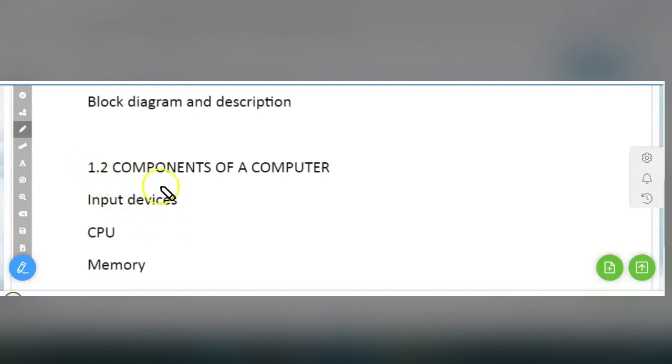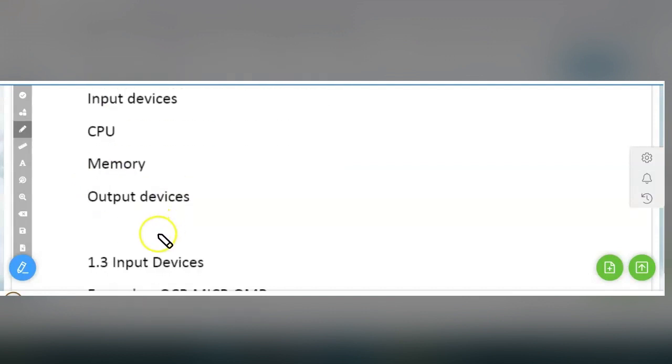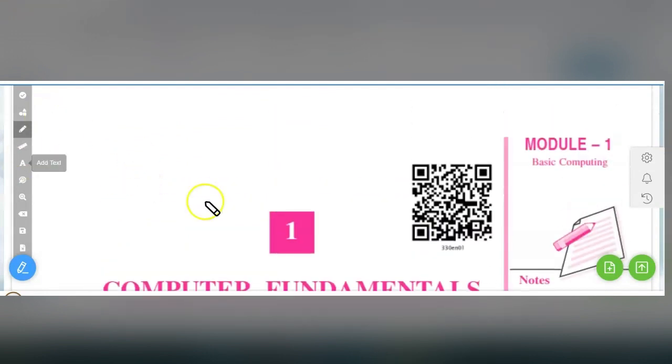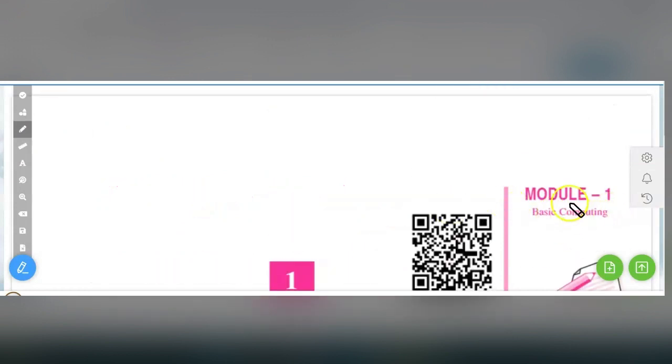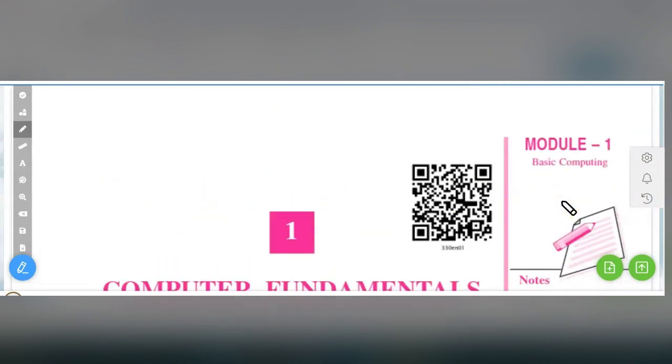1.2 contains components of a computer. Inside that you will be able to know about input devices, CPU, memory, output devices, all those things. We'll be learning about, this is the module name, basic computing. You can see here you have this basic computing as the module, and the chapter which is